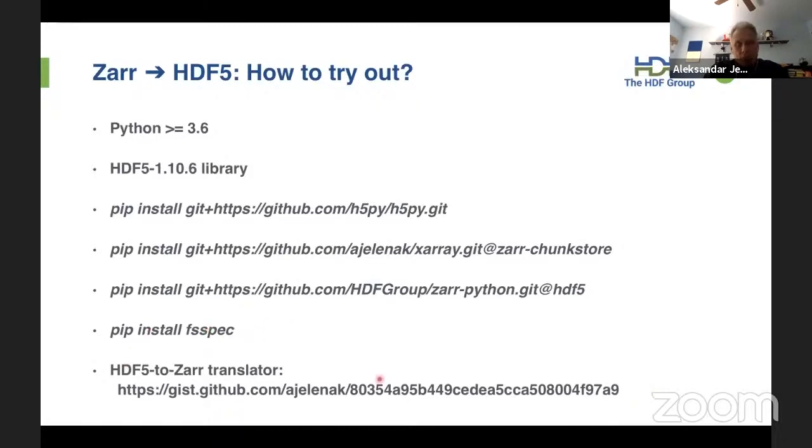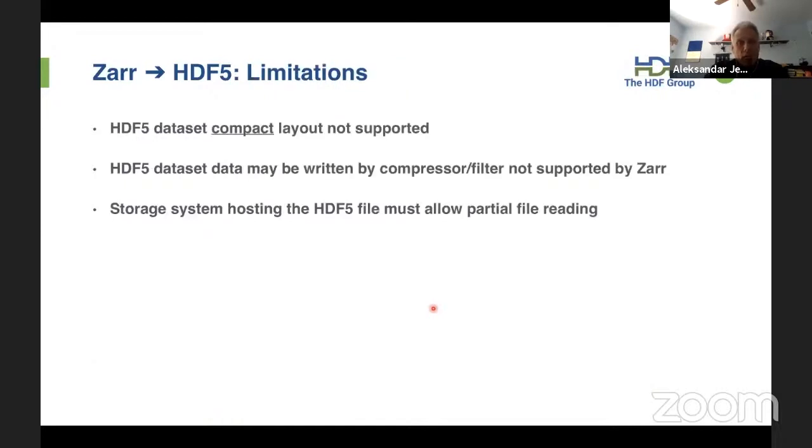And the piece of code that you really need for your own HDF5 file is this HDF5-to-Zarr translator. It's available at this gist. We still haven't decided where to keep it, so it lives as a gist, but maybe eventually it will be moved to some other repository. And so, limitations. The one that I became aware of 2 days ago is that